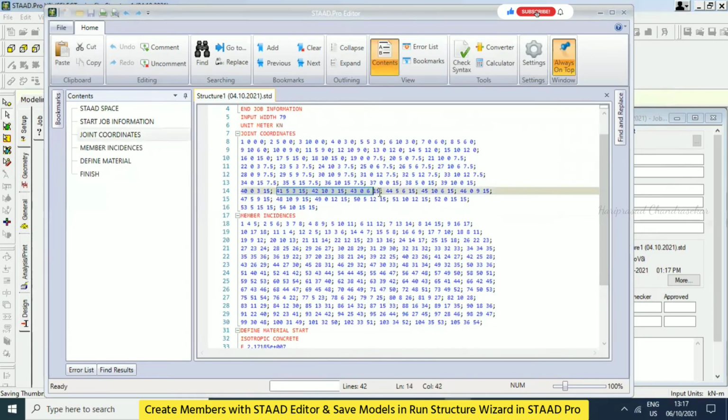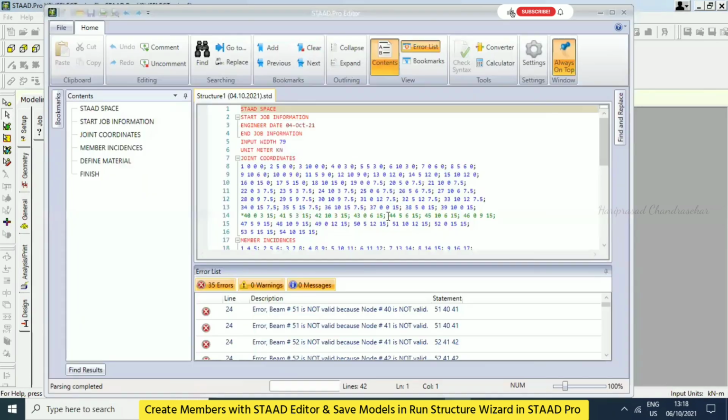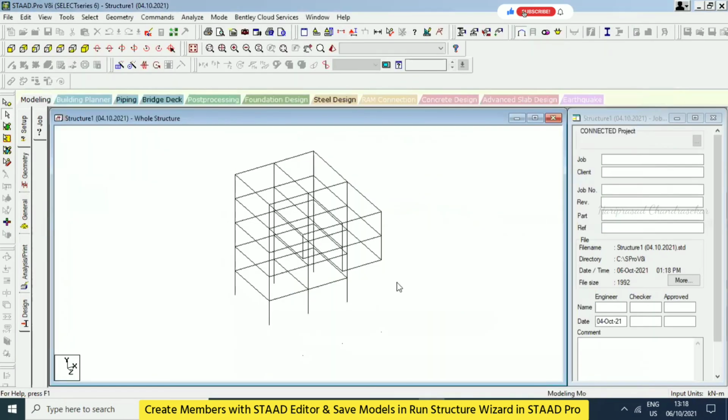Otherwise I will hide something like this. Comment. See, that particular line only, we just put comment, and then I'm saving it and closing it. Can you see that is missing here?